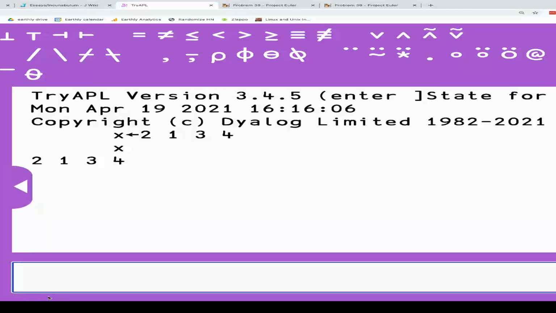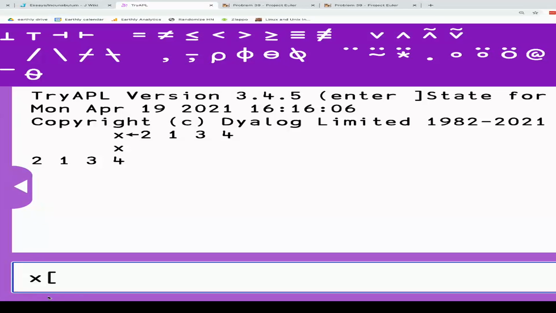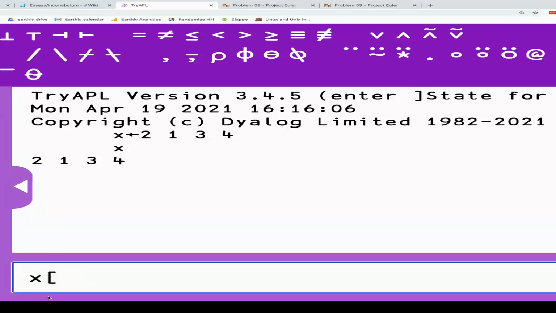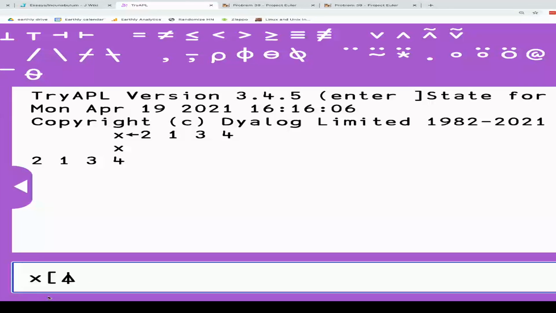And so now the first thing we want to do is sort these. The most idiomatic way to do this is to type X left bracket, and then backtick, and then shift 3. What is that? Is that right? No. Actually, that was right, but I should have said shift 4. Backtick, shift 4. I'm looking at a weird arrow that points. What is it? This is a triangle with a line through it. Yeah. And then type X again and right bracket,